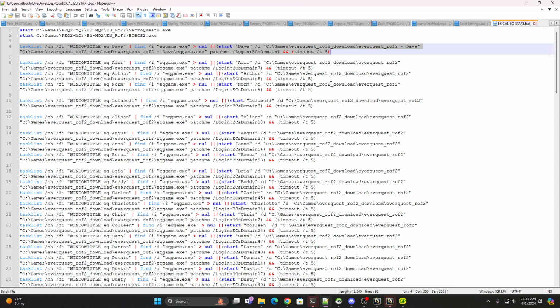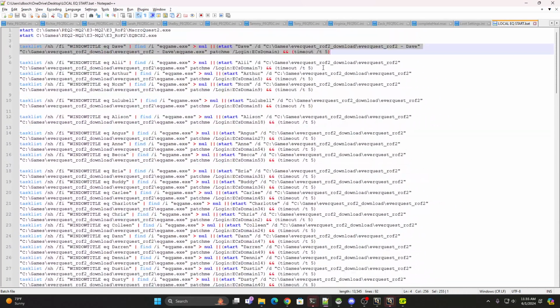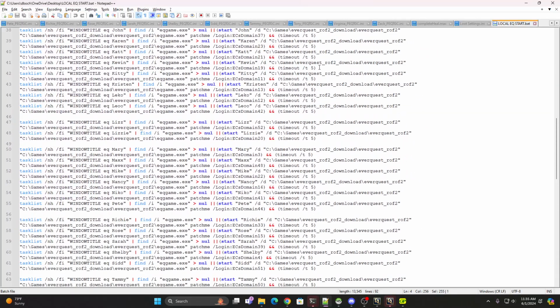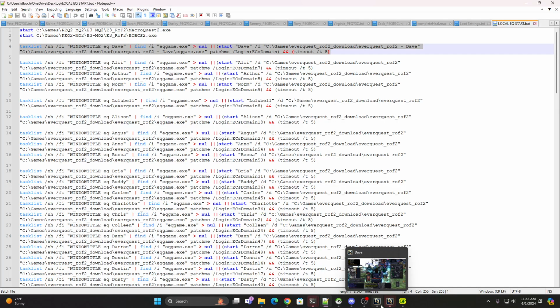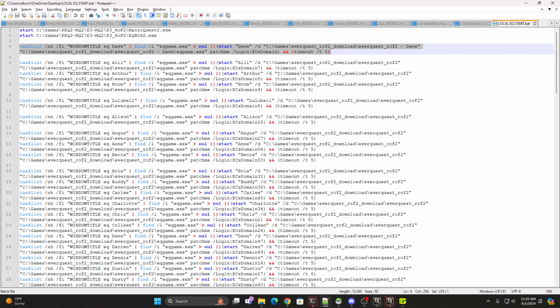And even with my powerhouse, I have a lot of struggles running this many clients. So this is how I do it. I actually launch the tanks first and then alphabetical order. So tanks come first, so I have Dave here on the left and the tanks here, and then everyone else is alphabetical. And the reason Dave is on this other thing, Dave has a different client. If you didn't notice, Dave has a different folder. So Dave's client has higher graphic settings and sound. The other client that I installed is identical, except there's no sound and the graphic settings are minimal. That way Dave can drive and play the game and everyone else is not taking up a lot